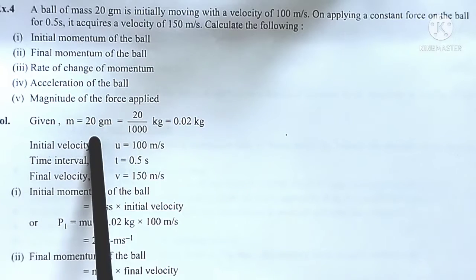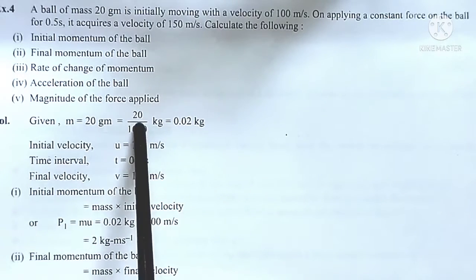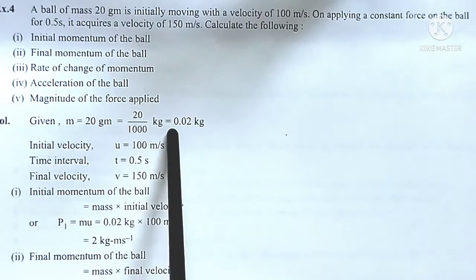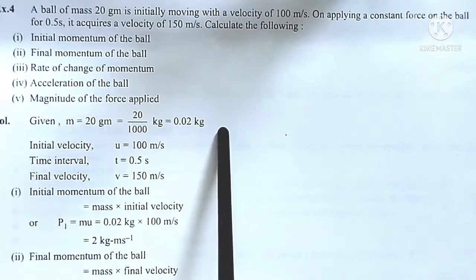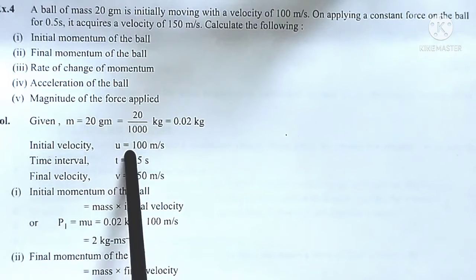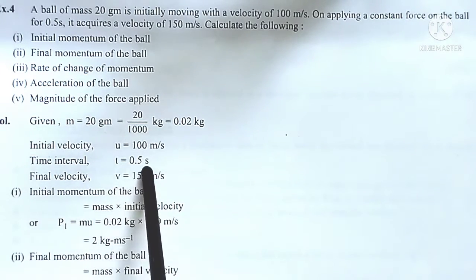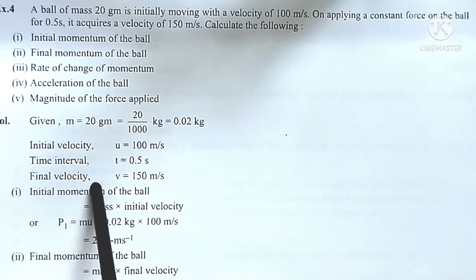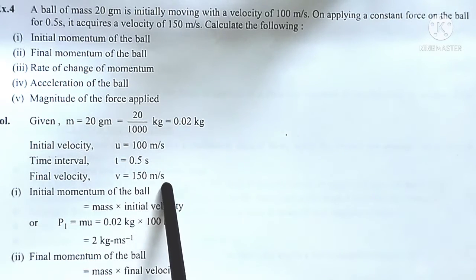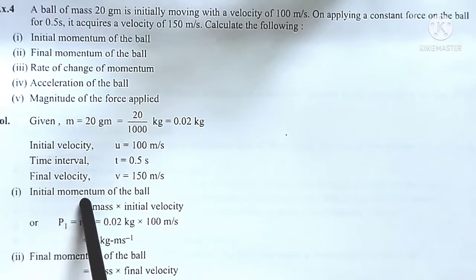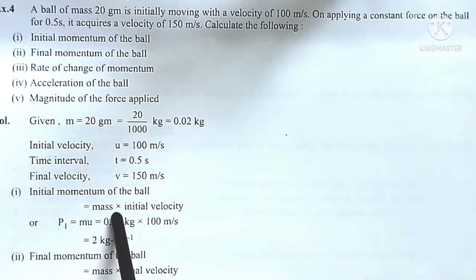Solution. Given m is equal to 20 gram, that is equal to 20 divided by 1000 kg, that is equal to 0.02 kg. Initial velocity u is equal to 100 meter per second. Time interval t is equal to 0.5 second. Final velocity v is equal to 150 meter per second. Initial momentum of the ball, mass into initial velocity, or P1 is equal to mu, that is equal to 0.02 kg into 100 meter per second, that is equal to 2